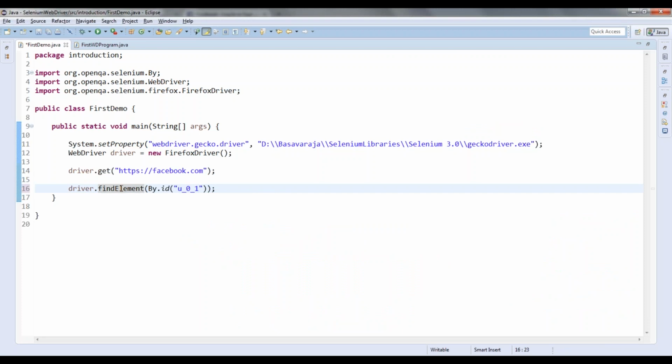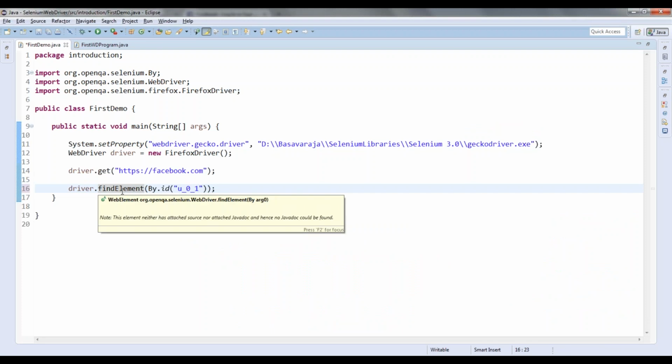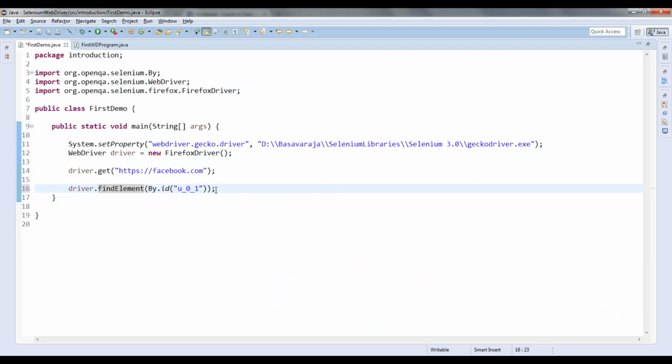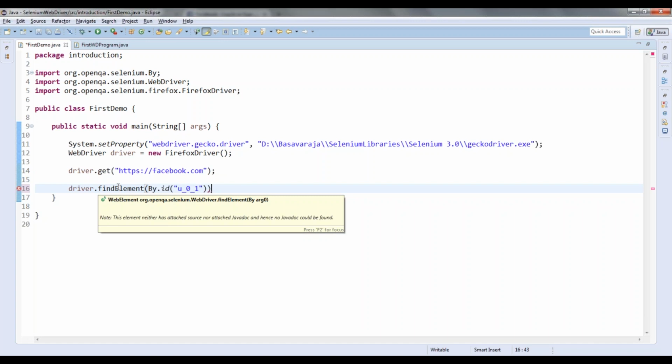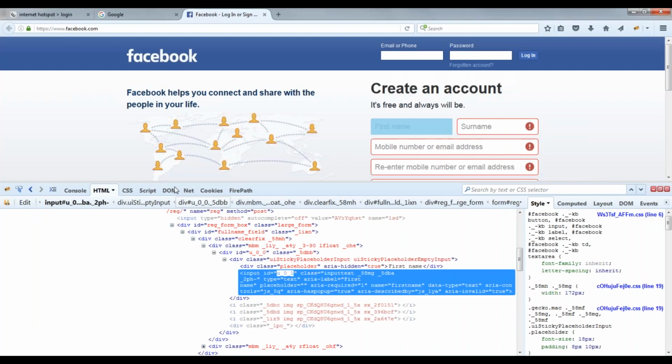So what will this find element return? It will find the element and whatever field it contains, it will do that activity. Like a button means it will click. Okay. So the thing is, this find element is a method of WebDriver.